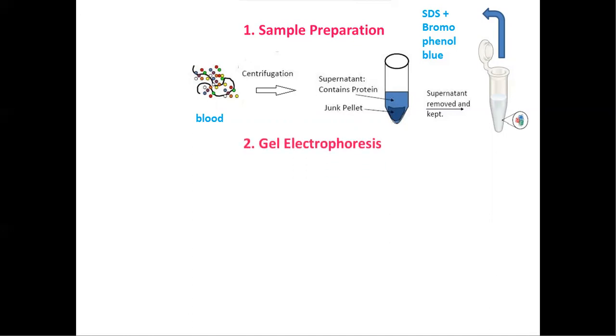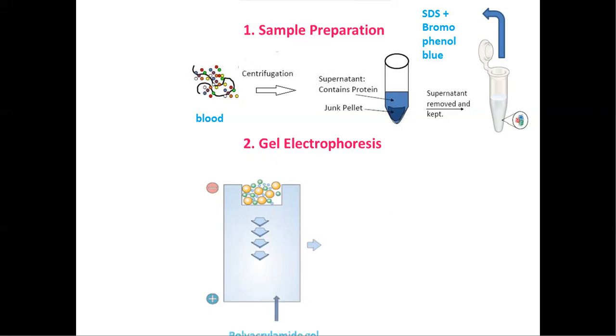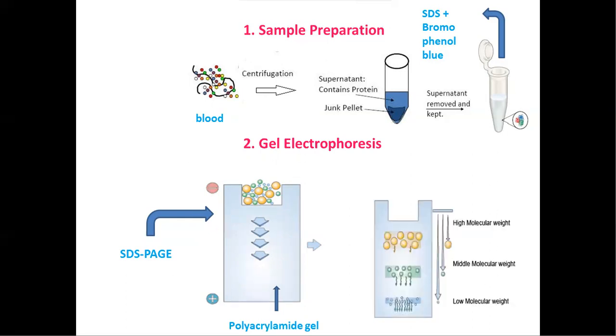Now we enter the second step, that is gel electrophoresis. Here we introduce the sample on polyacrylamide gel, which contains a gel matrix through which proteins are separated based on their molecular weights. So this process is called the SDS-PAGE process. It is abbreviated from sodium dodecyl sulfate polyacrylamide gel electrophoresis. In this process, a range from 5 to 250 kilodalton units of molecular mass can be easily separated